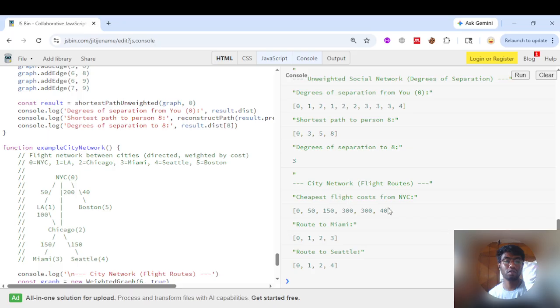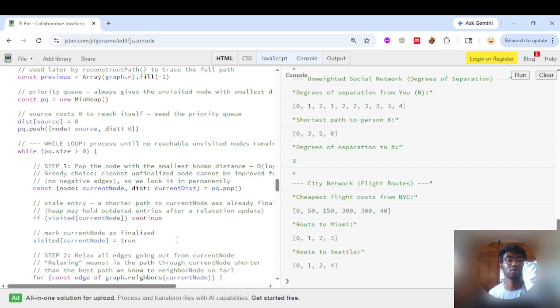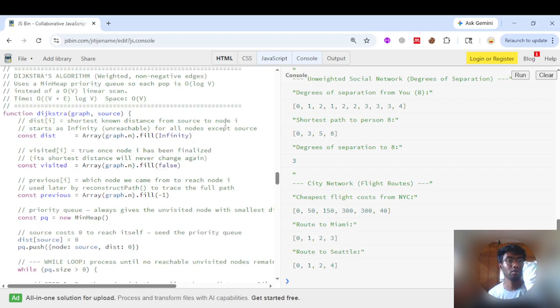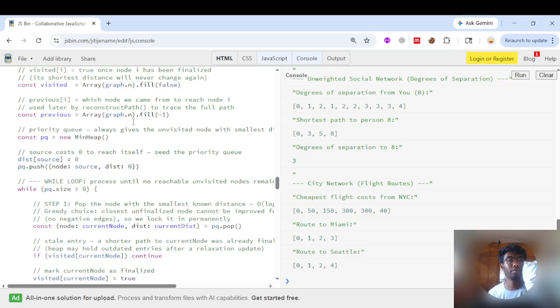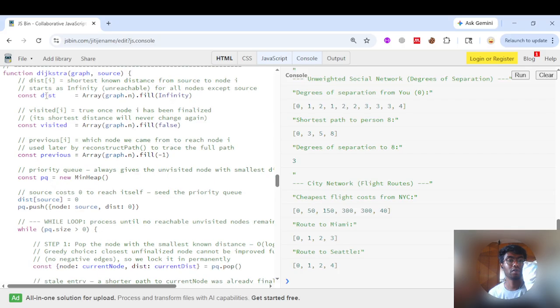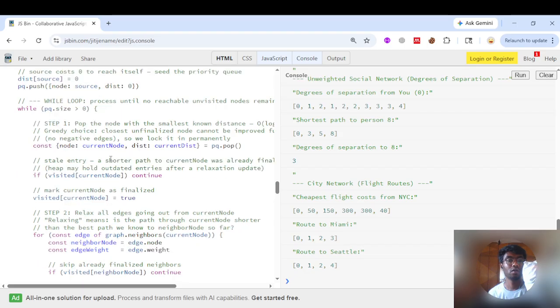0 to 4 takes same 300, and 0 to 5 takes 40. Right? So that's the shortest path. So the algorithm to understand here is something like this. I've even added all the comments just to understand this better. So we would have similar visited, distance array, and previous array. Here we would also have visited array, and we see